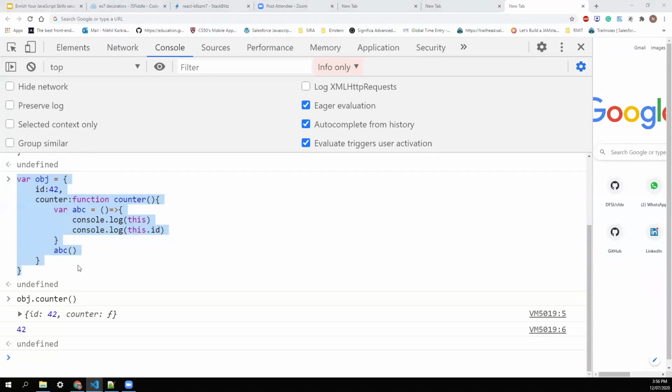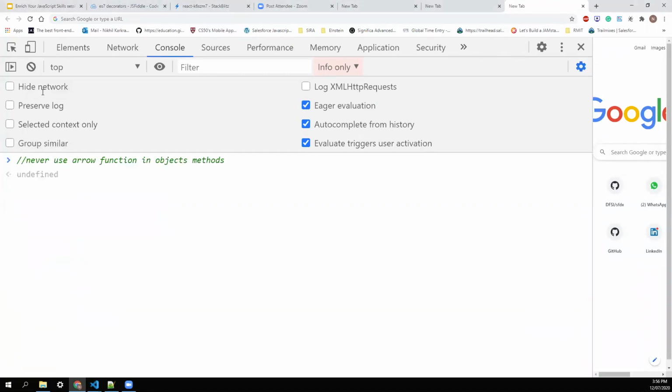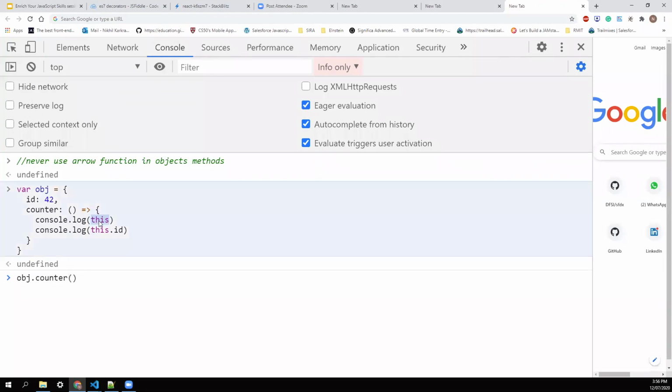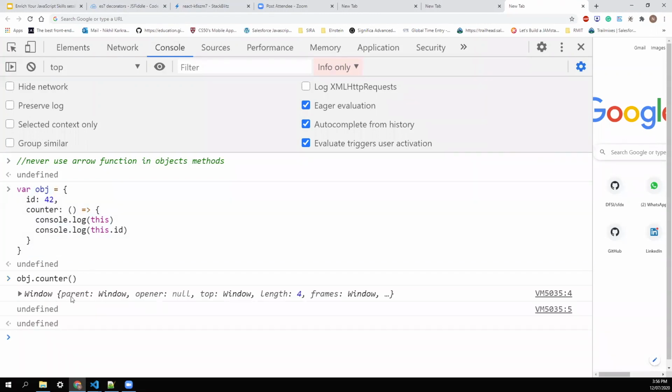But I said I'll tell you never to use arrow function with some properties. So never use an arrow function in an object's method. Never create this type of object, in which you have a method and you are creating what we call an arrow function. If I try to access this, you get to know this is pointing to the global window, not to the object. So never ever use an arrow function as a method in an object.